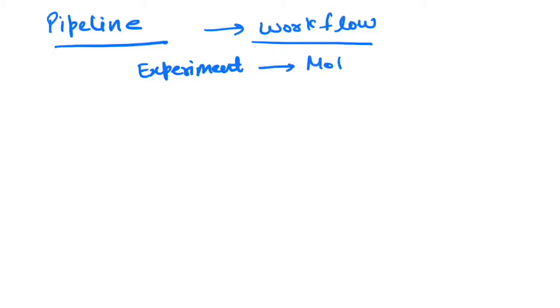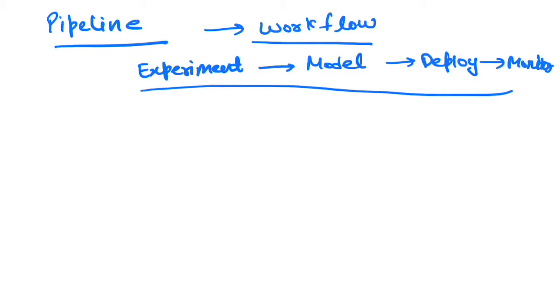So you export that experiment into a model, and then eventually you deploy that model, and once the model is deployed, then you monitor the model. So everything can be bundled together within a pipeline. And this is just an example. There could be another type of workflow also specific to your machine learning model, and that can also be plugged within a pipeline. So this could be your pipeline one, let's say, right?